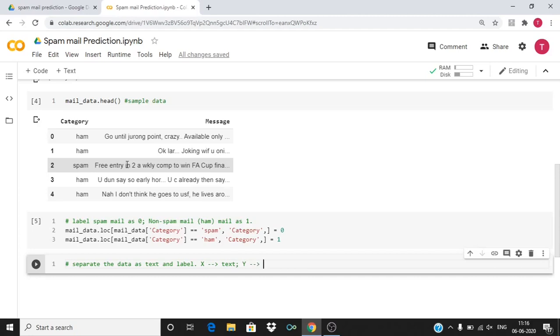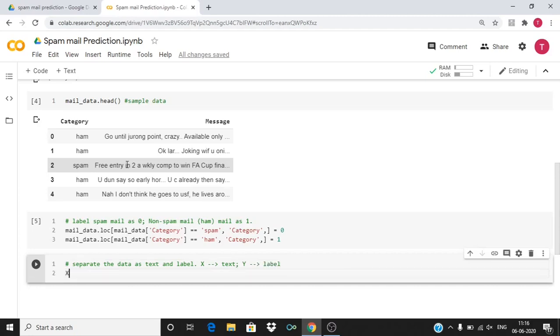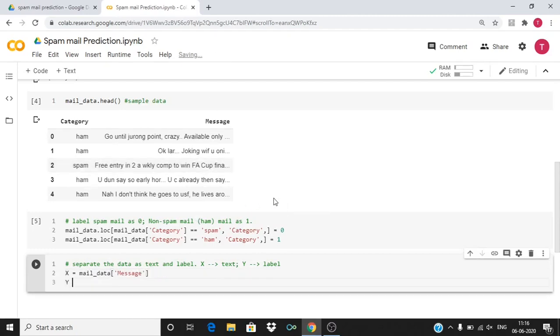So let's load these columns to x and y respectively. X is equal to mail data. The column name is, as you can see here, message. Yeah, so it's message. So it loads all these messages to the x variable, and y is equal to mail data, its category. Okay, so these labels 0 and 1 will be stored to the y variable.